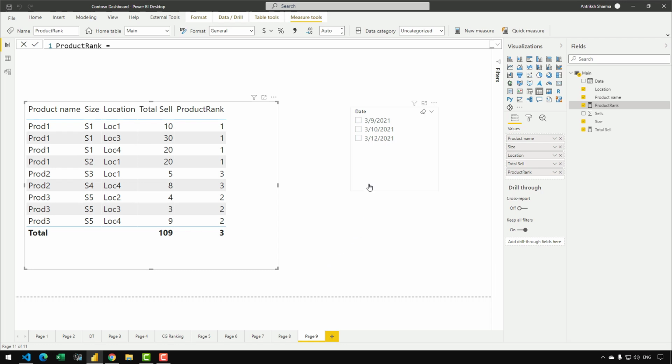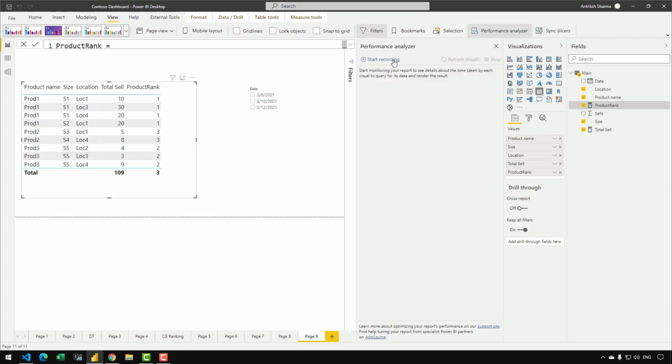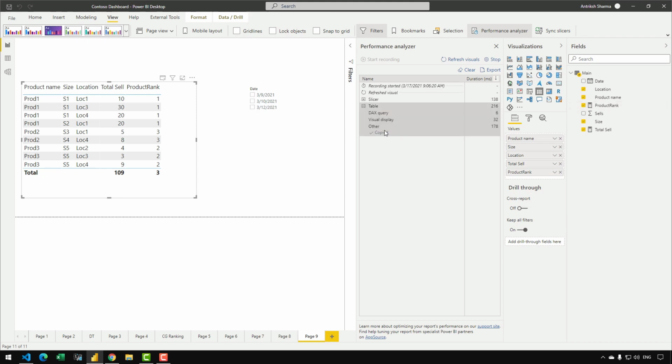And before that, let me just show you what will happen when we remove that ranking from the grand total. Because if you remember, in my previous ranking video I told you that if you can actually remove the ranking from the grand totals, you can actually optimize your measure. So before making any change to the code, let's enable the performance analyzer and start recording, and click on refresh visual. Let's copy the query and go to DAX Studio,